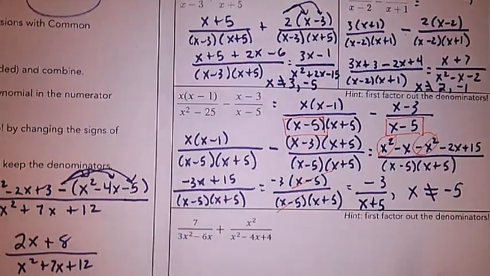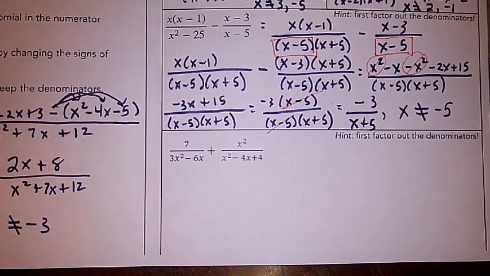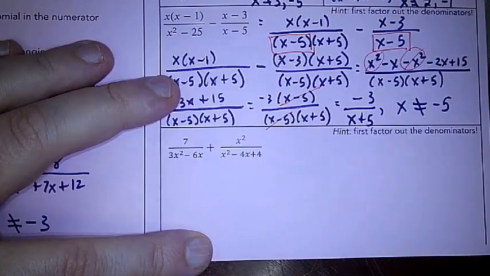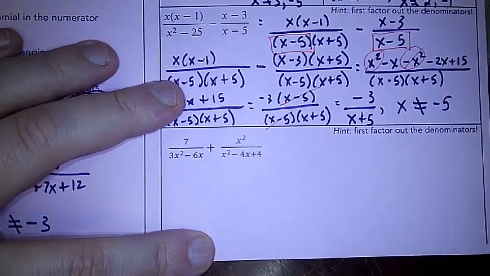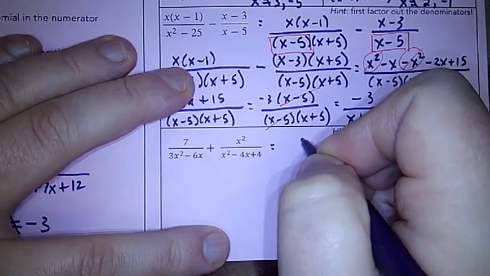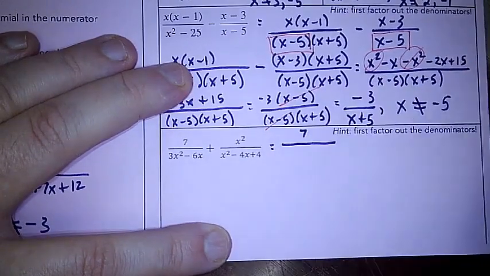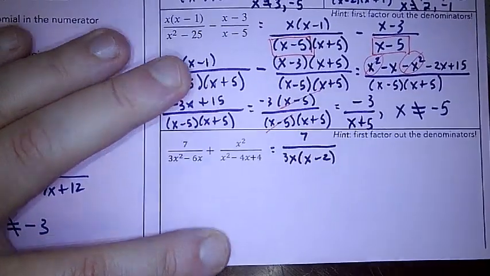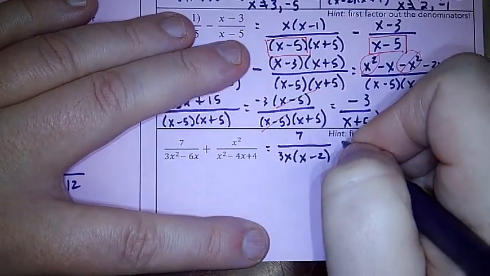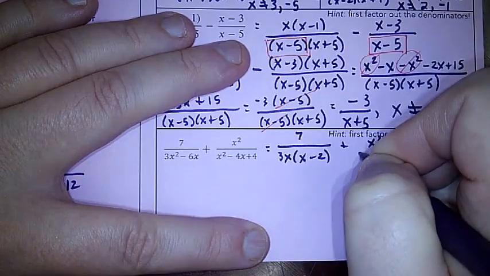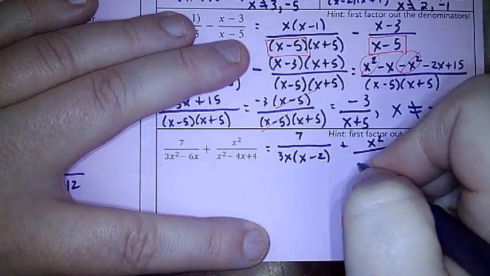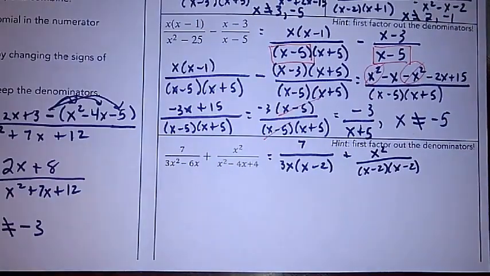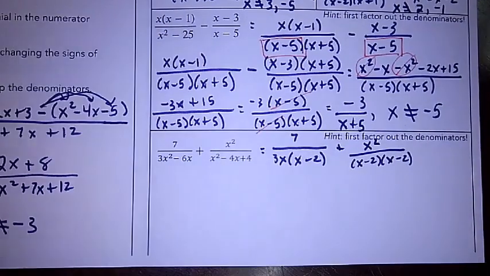Our last example, we're going to run through the very same steps. We're going to do some factorization, see what it has in common, see what is different. So I'm going to say that this is 7 divided by 3x times x minus 2 plus x squared over x minus 2, x minus 2. Now, I notice that these have this x minus 2 in common,